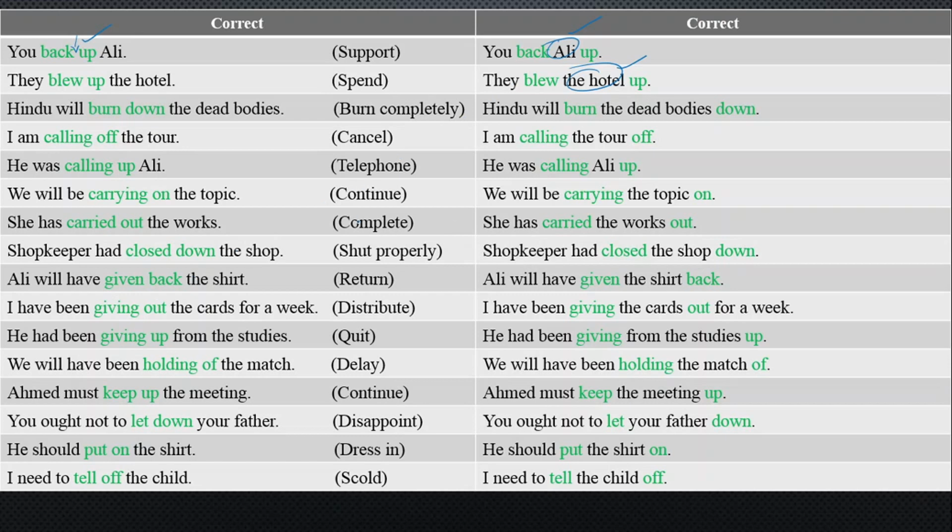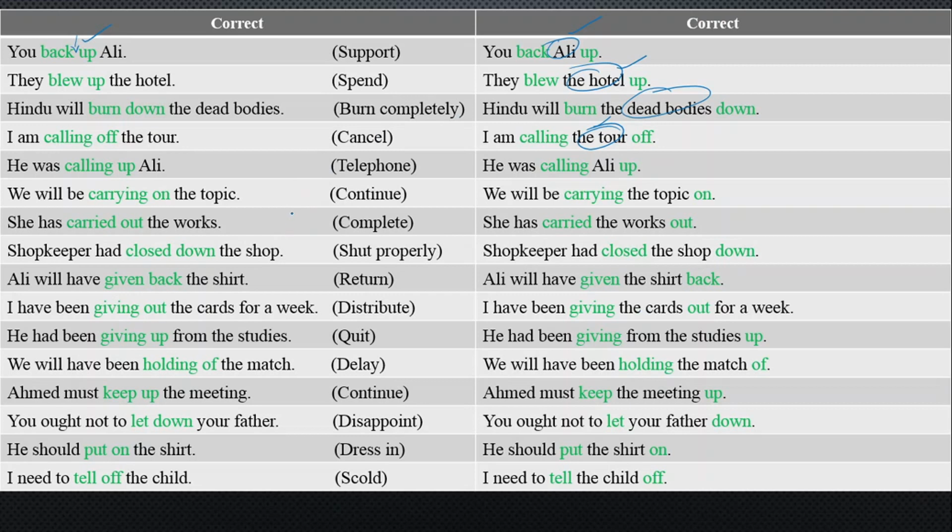Hindus will burn down the dead bodies. Now when the dead bodies come in between burn and down, that is a separable transitive phrasal verb. Hindus will burn down the dead bodies. Hindus will burn the dead bodies down. And in the same way, I am cutting off the tour, meaning cancelling the tour. I am cutting the tour off. This is a separable transitive phrasal verb. See, an object is coming in. Whether your object is a noun or pronoun, when it separates them, it is called a separable